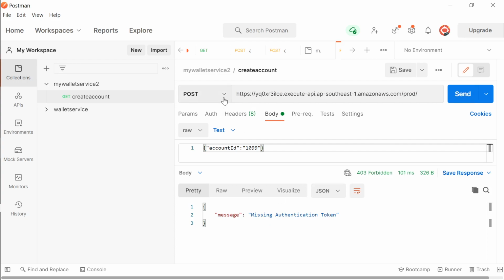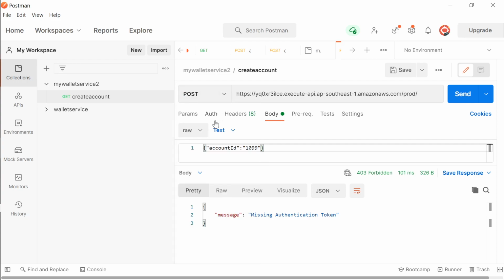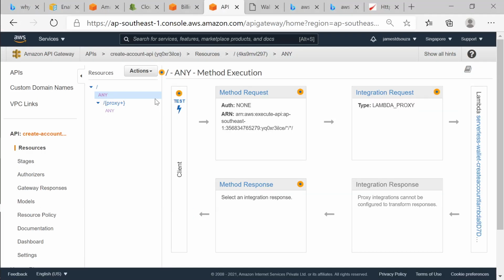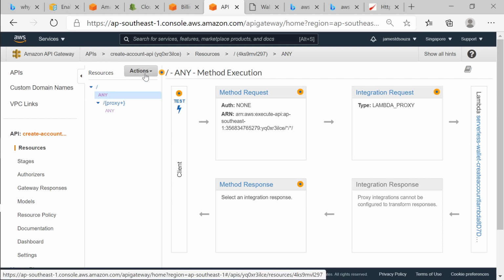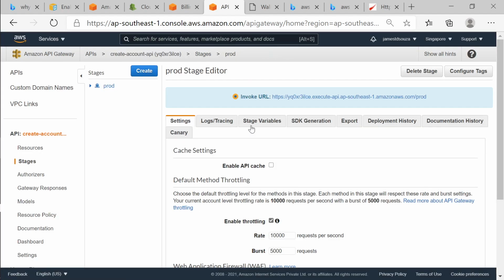Why is that? This is the reason. Okay, I didn't deploy. I didn't deploy again. That's why the changes are not in effect. It is still considering IAM changes, no? So I have to deploy this. How do I deploy? I just go in action and say deploy API and prod deploy. Okay, so once I do that, the link is still the same. You have to verify always this link is same. If you delete this stage and recreate a new stage, then the link will change. Otherwise the link will remain the same, and for each API it's a separate link.